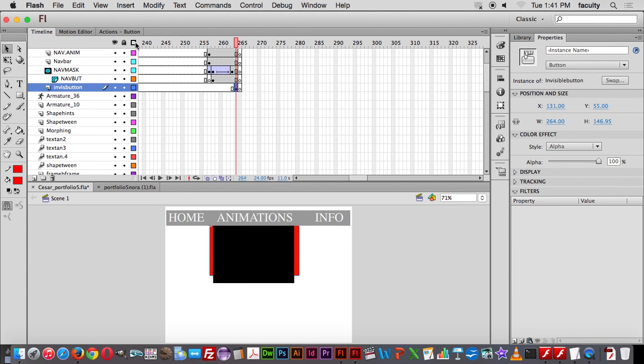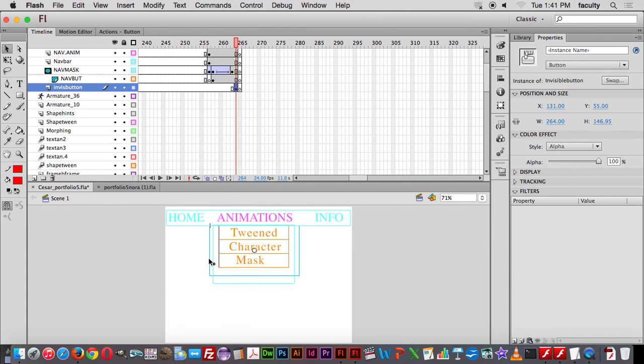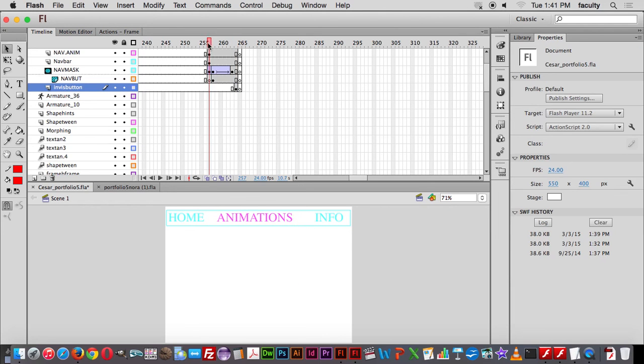I'm going to put this so that only the outline shows. So again, here's the invisible button. Notice where it starts off, right about this line right here. If it's a little too far up, and you roll over it up here, it's going to send it back to frame 257. So again, it's important that